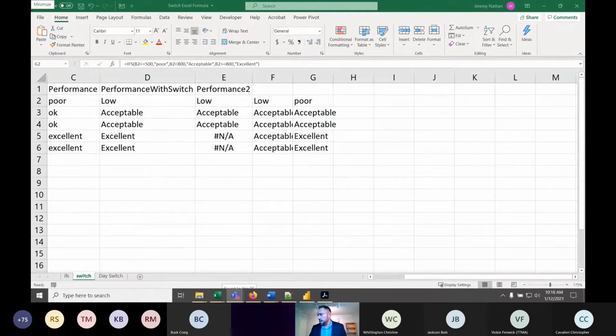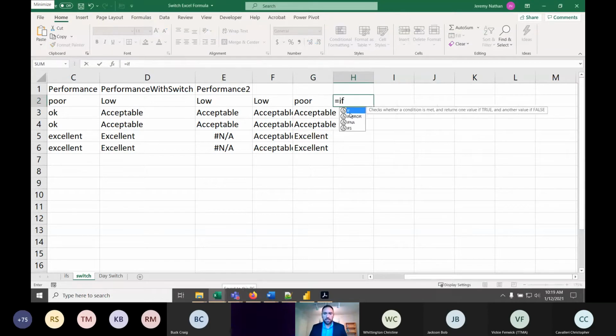And someone asked how many logical tests can be used in a cell. I think it's up to 50. So it's a lot. It's about as many as you can type. So you can keep going over and over. But another thing that may be easier would be a switch. And I'll show you that next, where you can do up to 50 different if statements, basically. And someone said, yes, this is similar to a nested if. Right, similar to a nested if statement. So instead of having to do if and then another if,